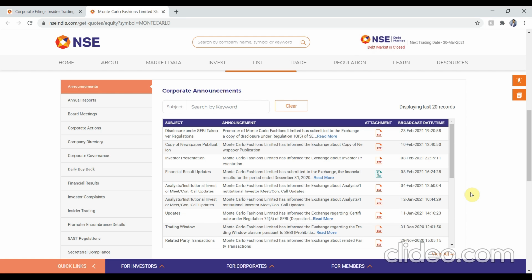Second filter, we will check that there should not be any selling in the last 6 months in that stock by any institutional investor or any promoter or promoter groups. And the last 6 months would be starting from 26th of September, I guess. So there should not be any selling from 26th of September.